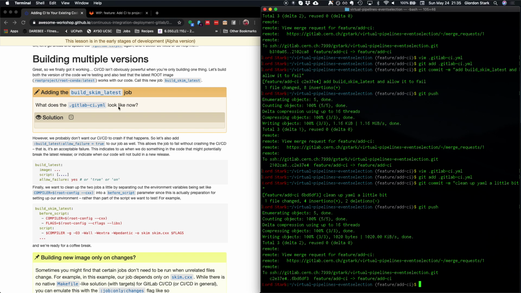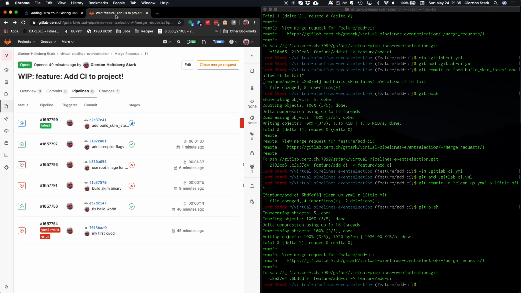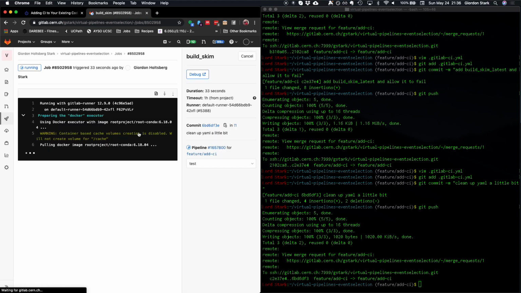Alright, so at this point, there's not much else left for this section, so let's go back to the pipeline. So it looks like the build skim and the build skim latest pass for the previous thing we just did, which is to add the build skim latest. And now the cleaning up of the YAML a little bit should also work. Let's just peek into build skim just to be sure that things worked as we expected. So while this is pulling, I guess, from the cache, or maybe it's just pulling from Docker Hub,